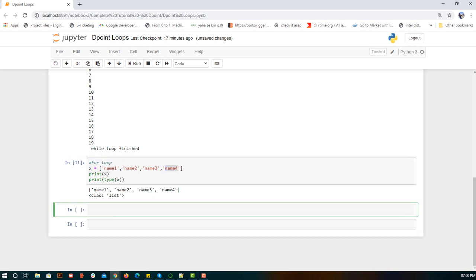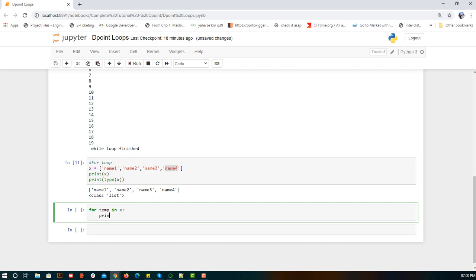So how to do that? We'll write for some random name, for temp in x, and we want to print temp. If you read it as an English statement, it will be easier: for each temporary value inside x, print temp.